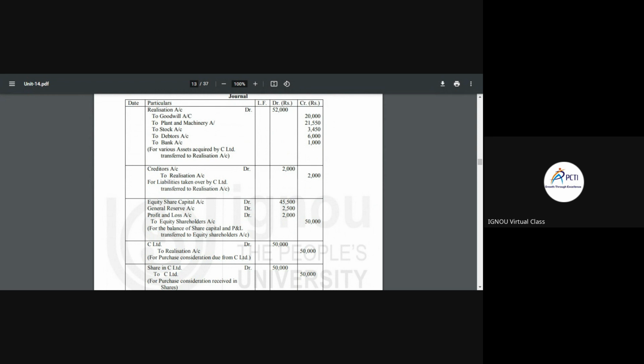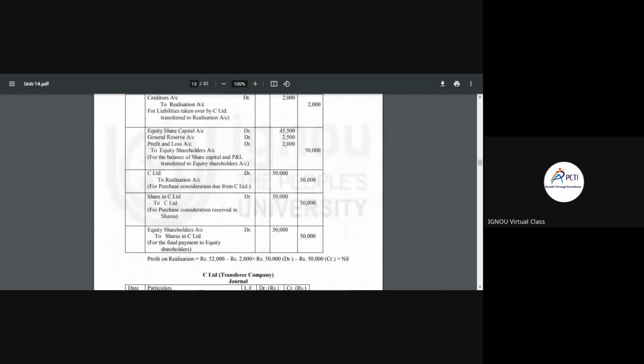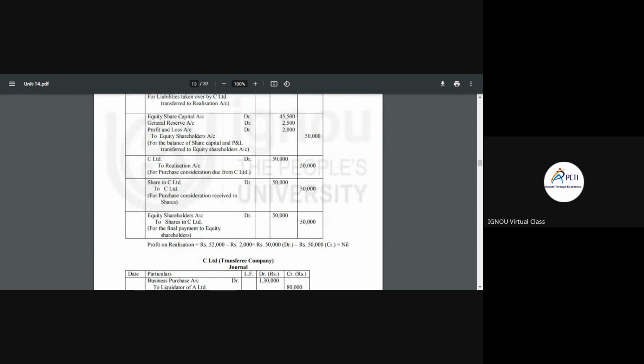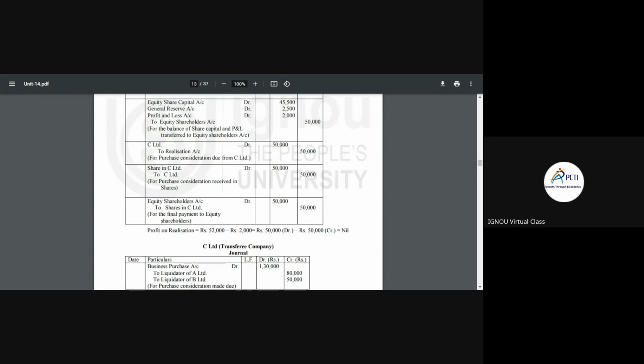Next one is our equity share capital, general reserve and profit and loss, that will be transferred to equity shareholders account. Next entry will be C Limited to realization account. Then we have shares in C Limited to C Limited at the time of purchase consideration. And then we have the equity shareholders account debit to shares in C Limited at the time of final payment